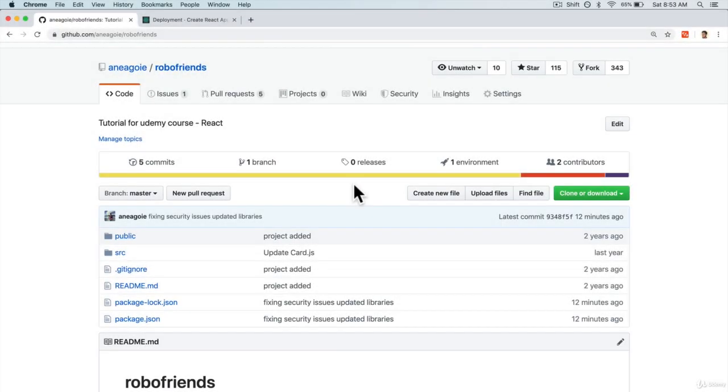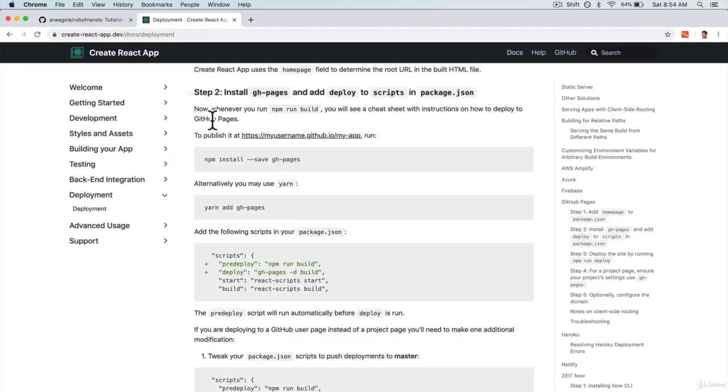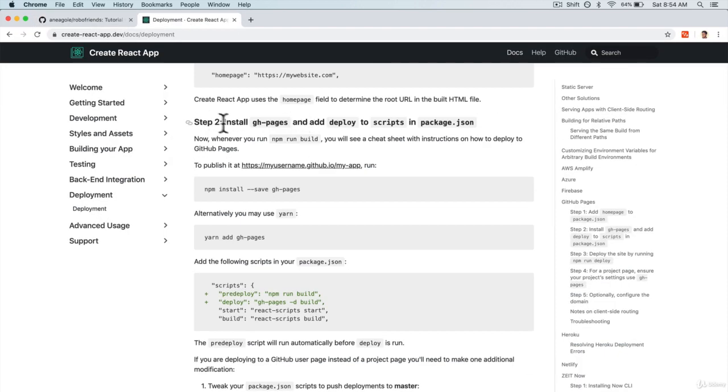Hey everybody, we have our RoboFriends app now on GitHub, and you should be able to put up your RoboFriends project on GitHub. But here's the thing, would it be nice if we can use GitHub Pages to actually check out our RoboFriends app without having to clone, download, npm install, just like we've done with simple HTML projects? Well, with the Create React app, there's actually a way to do this